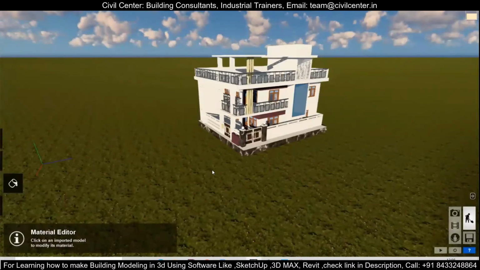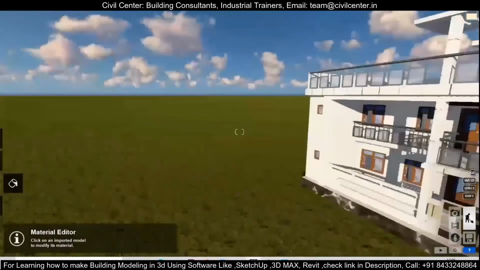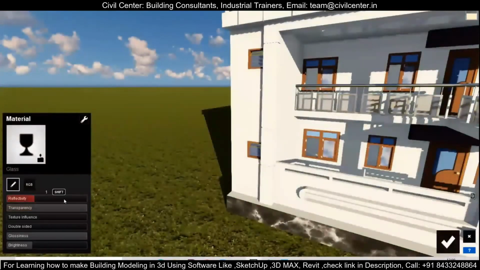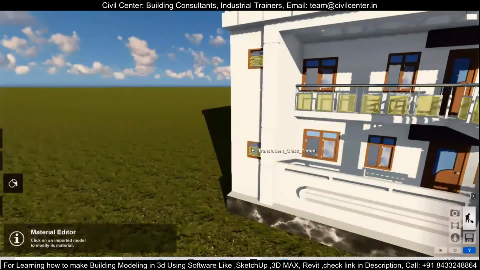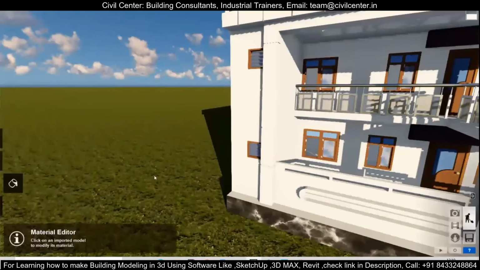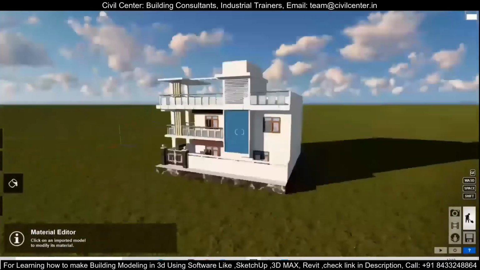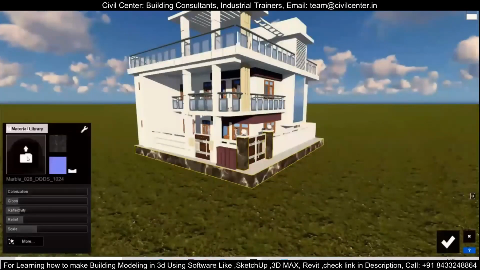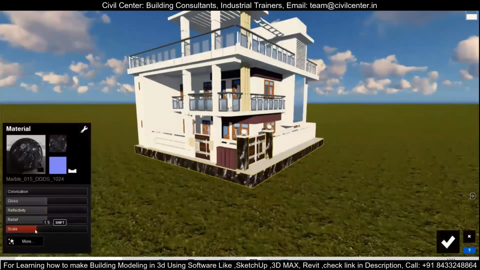Now that this model looks fine over here, what else do I need to do? I need to set the angle. So I will place it properly. But over here, the ventilators still need to be changed. The one glass panel is not of the same color. So I will try to make it similar to the other glasses so that I can have a better view. Okay. Now everything seems fine. But let's see if I have anything else to be corrected over here. So this stone doesn't look fine over here, so I will choose a different stone.